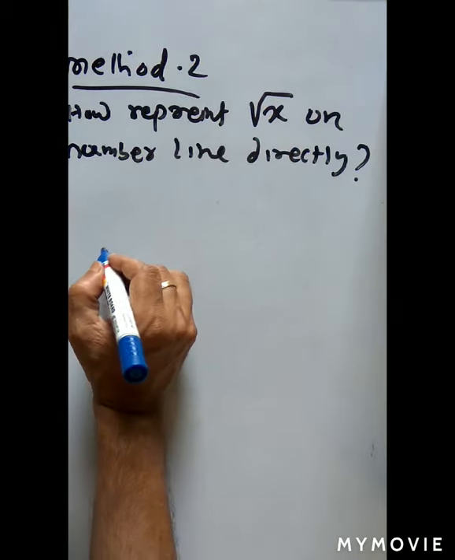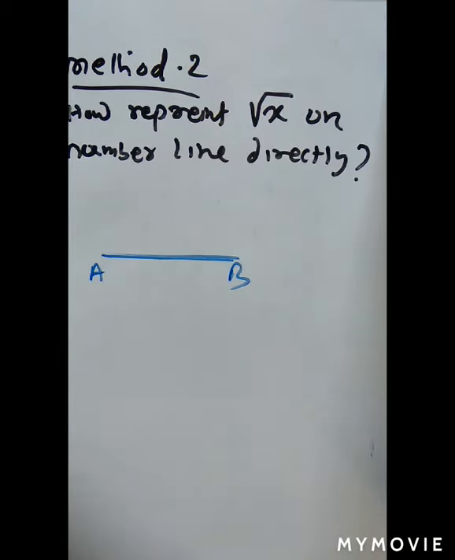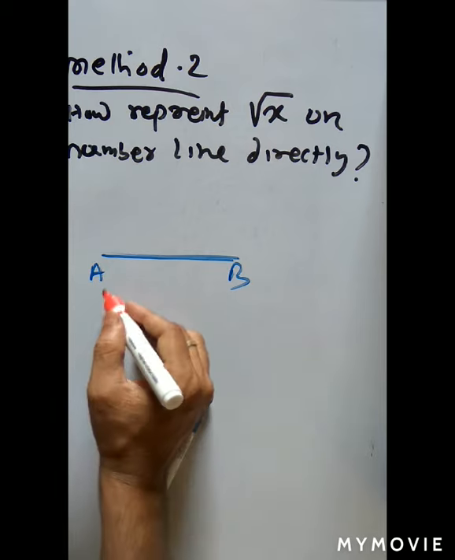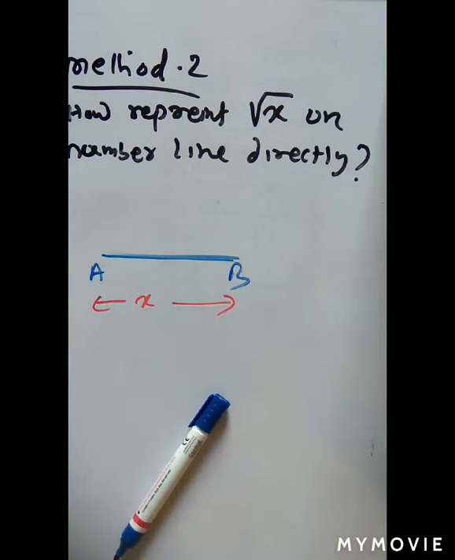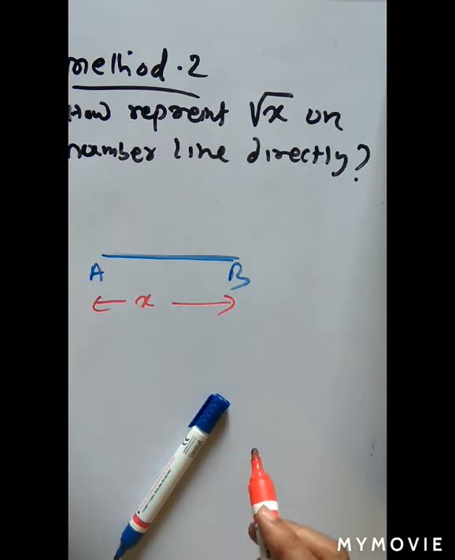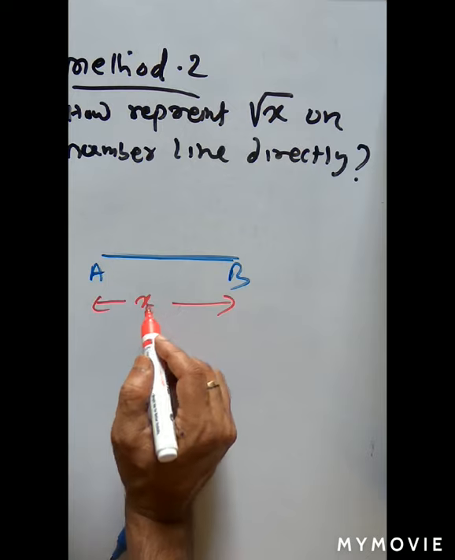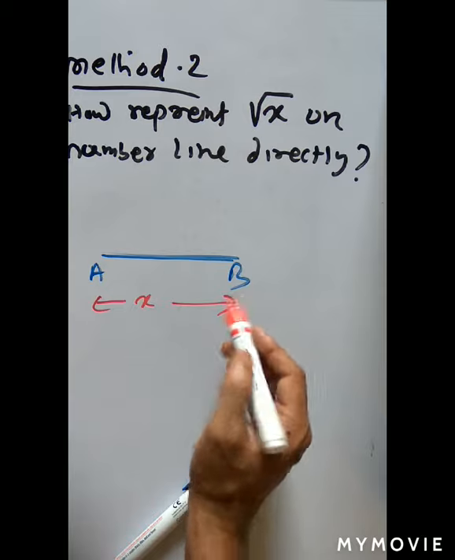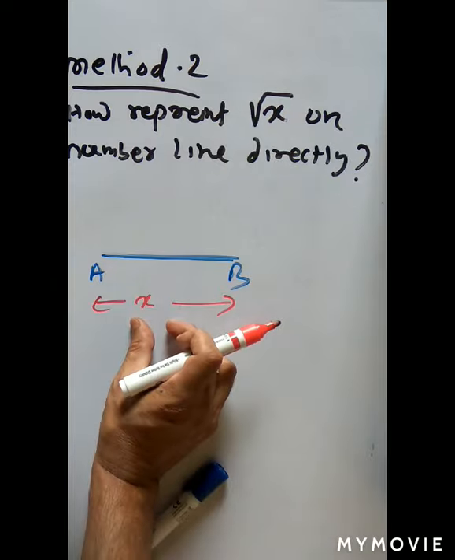So what you do? You take a line. Let us say this is AB. This AB value is equal to x, so take AB equal to x units. Suppose you want to find the square root of 5 centimeters, then x is 5 centimeters. Or if you have to find the square root of 5 meters, you take x units. X units means either x centimeters or x meters or x kilometers, whatever the value given, you have to choose that. So first you take AB, which represents x units.